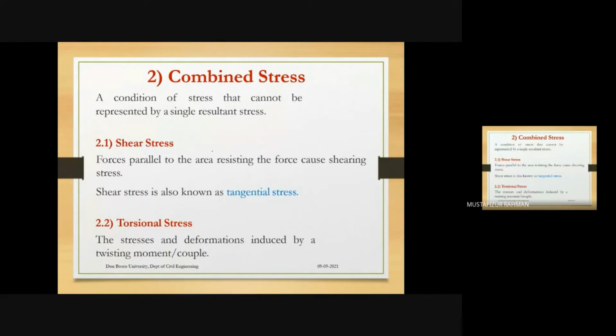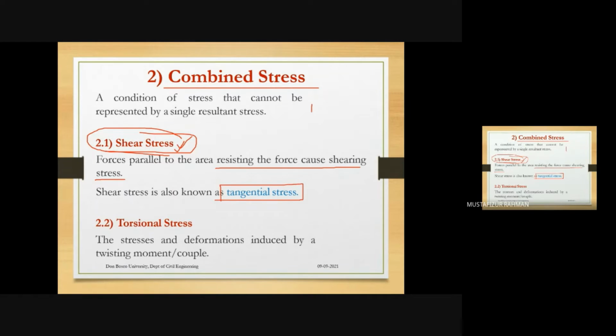Then there can be another type which comes under the combined stress. This is shear stress. Now, what will happen in shear stress? Forces parallel to the area resisting the force cause shearing stress. They are also known as tangential stress. We have a body, we have a structural member. When there is a resistance like this, okay,